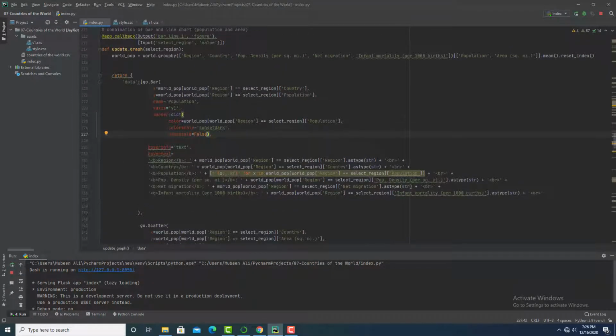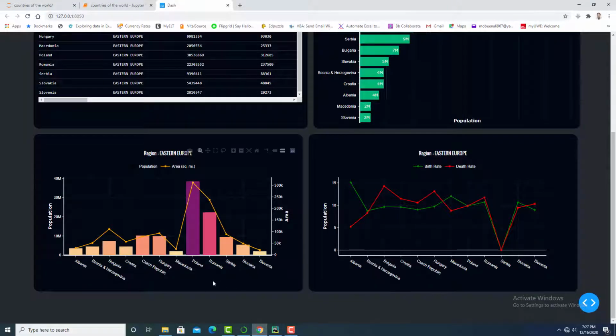I have used all columns that I have mentioned in the group by function here to create hover information for each country. For example, if I hover on this bar, I can see here the name of the country and area, and I can see here on the pink card there are 6 pieces of information for this country.